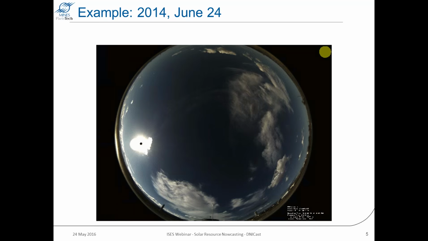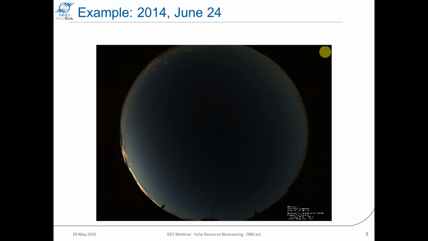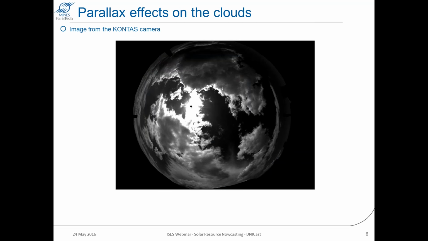Of course, we are talking about using multiple cameras to do the stereoscopic mode. To understand that, in fact, we want to use the parallax between the images from two separated cameras with a base of approximately 600 meters. This is an example of the same time from two fisheye cameras with a distance of 600 meters.